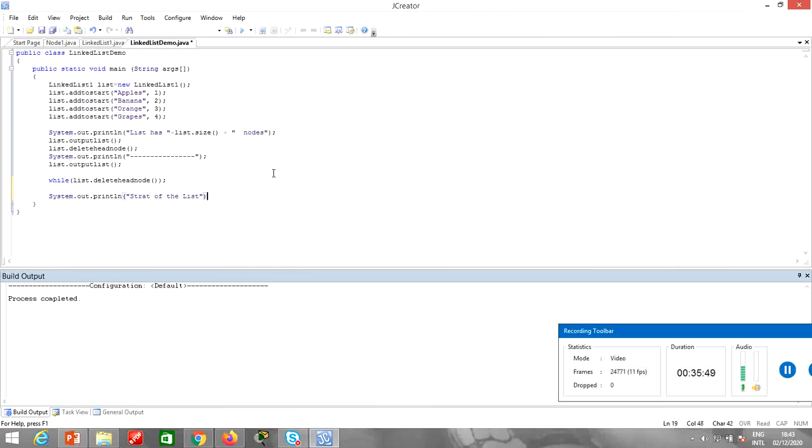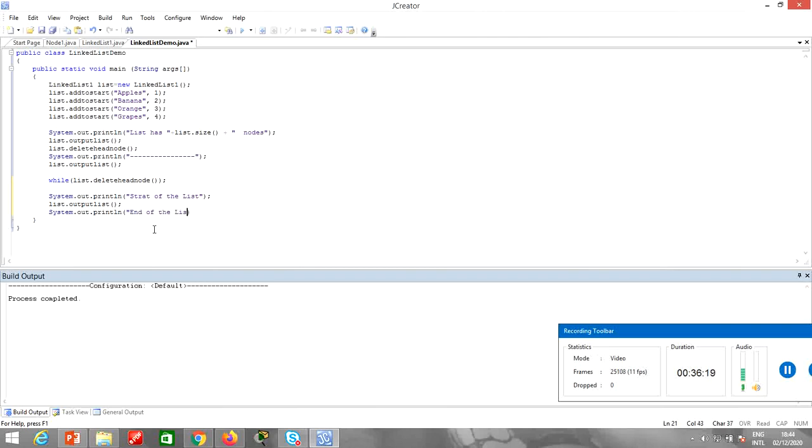And what I do after this, I'll call the method output list. It should not show me anything because while list.delete head node, it has deleted all the elements. List.output list, right? Okay, and then I print something again, system.out.println